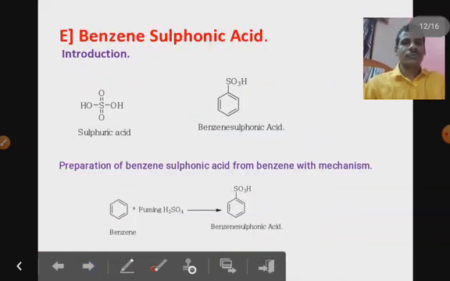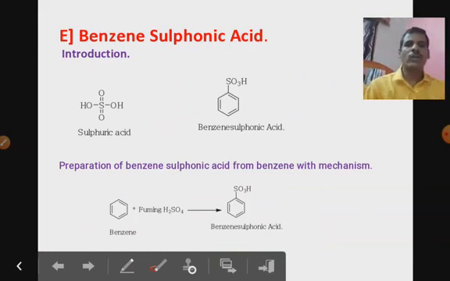See the next acid, that is benzene sulfonic acid. Up to this extent we discussed four acids, but all these four acids come from the carboxylic family. Benzene sulfonic acid does not contain COOH as a functional group, but this acid contains SO3H, the sulfonyl group, as its functional group.